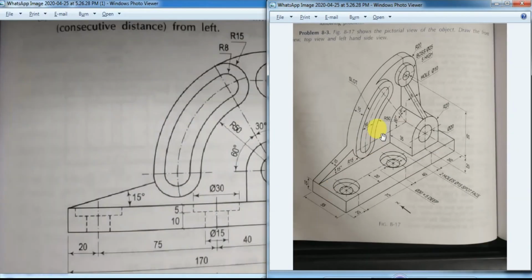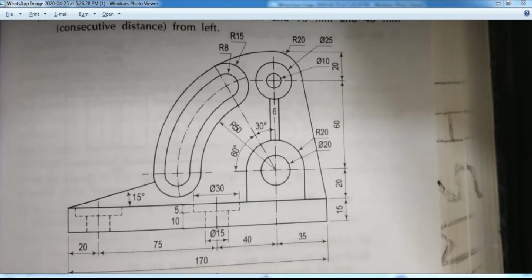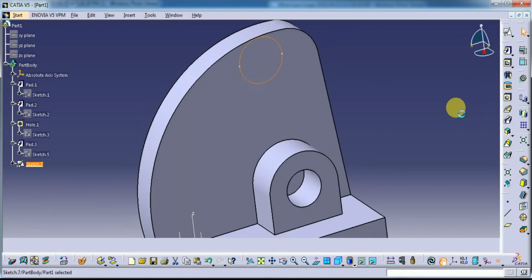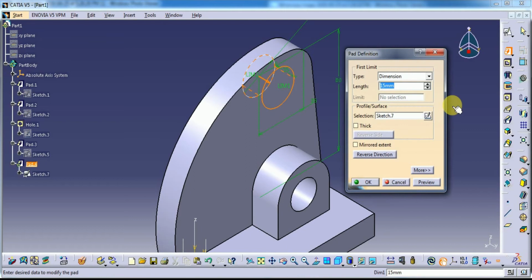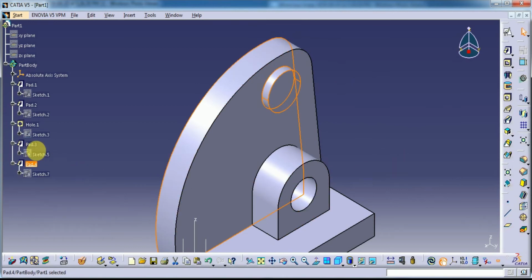Its projection height here is 25. 15 plus 5, total height is 20. So exit the workbench, give pad with 20 mm. Preview. Okay, so now